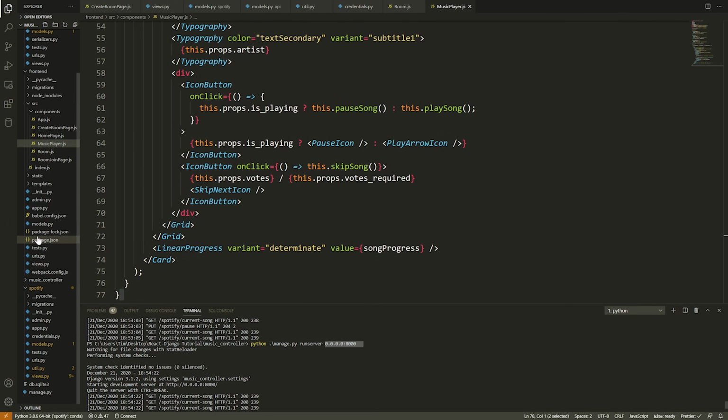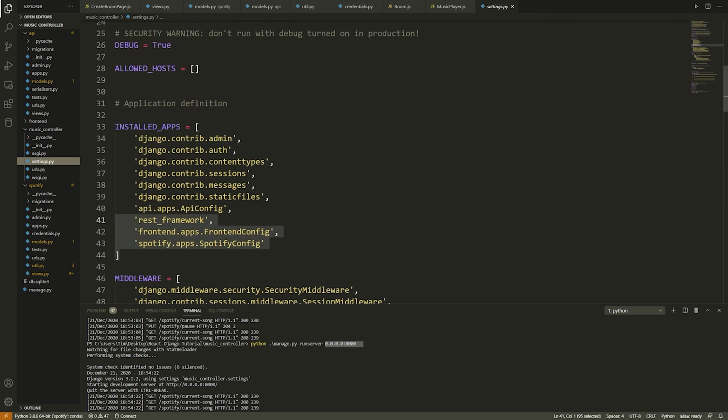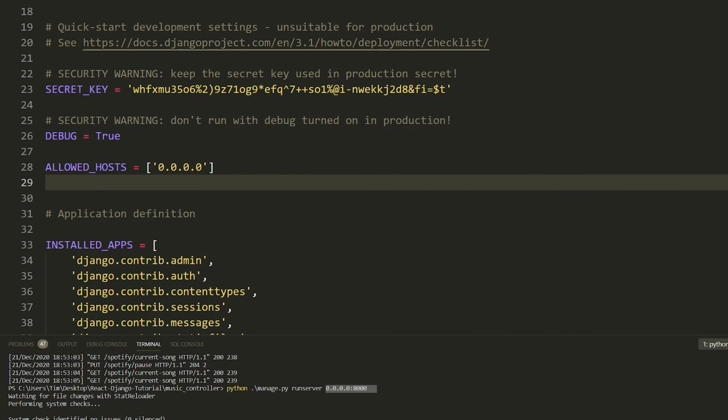So what you need to do after you run your server like this is you need to go into settings.py inside of your main application. You need to go to ALLOWED_HOSTS, which is right here, and you need to add 0.0.0.0 like that inside of ALLOWED_HOSTS. The reason you have to do this is because you're pretty much saying, hey, you are now allowed to run outside of localhost. You're now allowed to run on the actual network. And this is just a required thing that you need to tell Django.